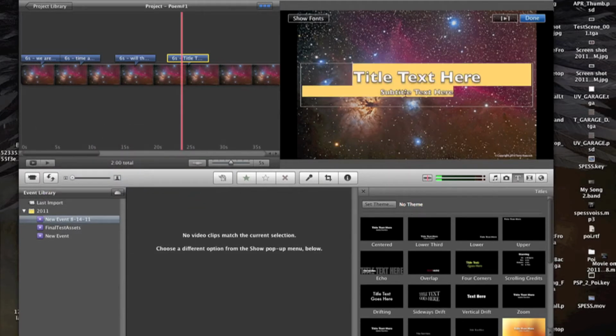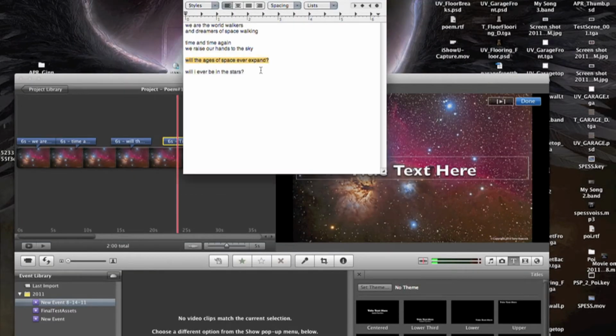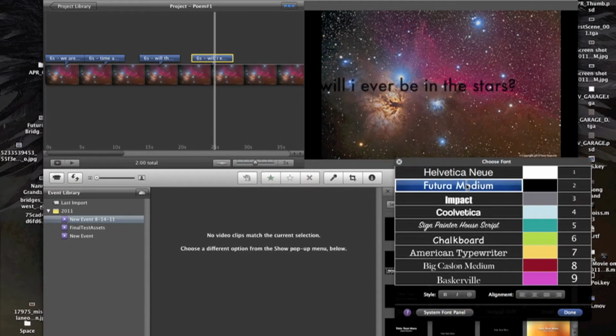Remove the subtitle, which we'll just delete, and copy paste. Select, change the font color, size,